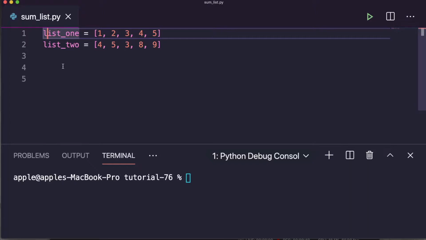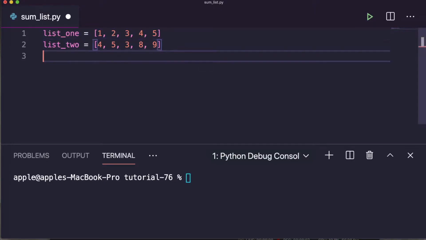As always, let's discuss different ways to sum elements of two lists. Then you can also decide which one is the best for you. Here I have taken two lists, list 1 and list 2. Let's add these lists using a for loop.